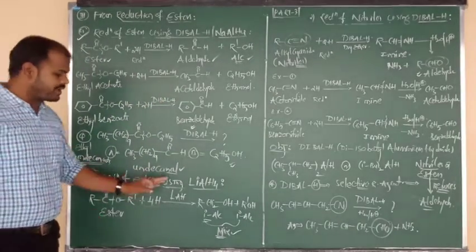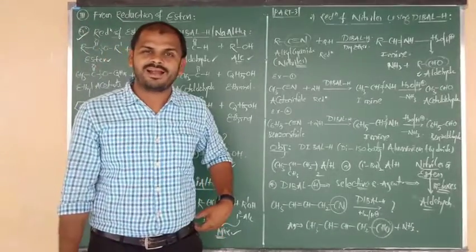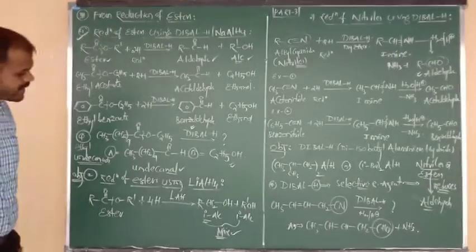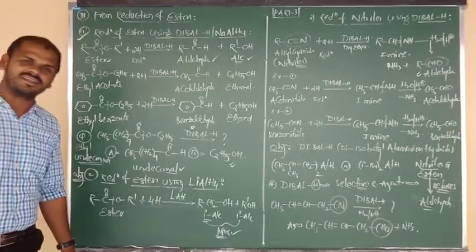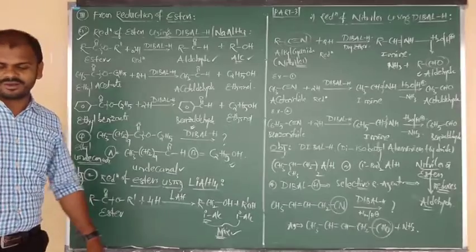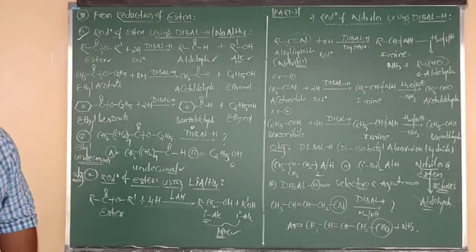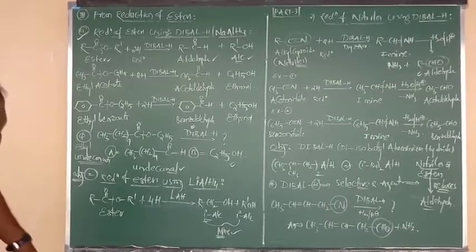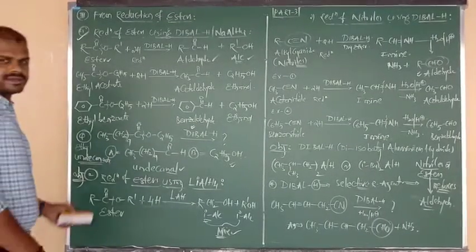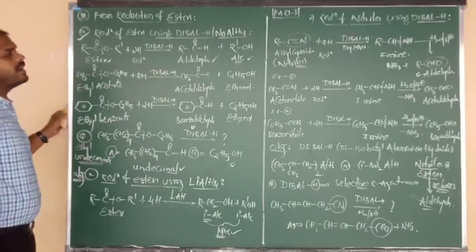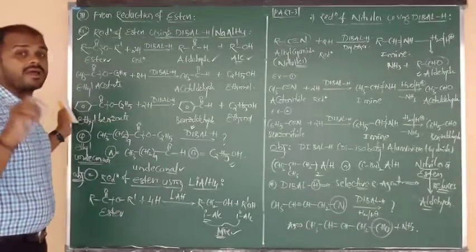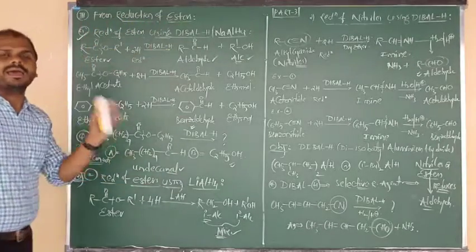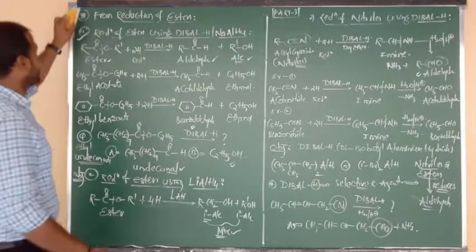Okay. Esters upon reduction with what? Lithium aluminum hydride. What is the product? The products are nothing but a mixture of alcohols. One is primary alcohol and one more is nothing but secondary alcohol. Okay? Good. So up to now, from aldehydes and ketones, how many methods of preparation have we finished? Yes, that is the 3 methods of preparation. In yesterday's class, from acid chlorides, and in this class, from what? Reduction of nitriles, and number 3 is from reduction of what? Esters.